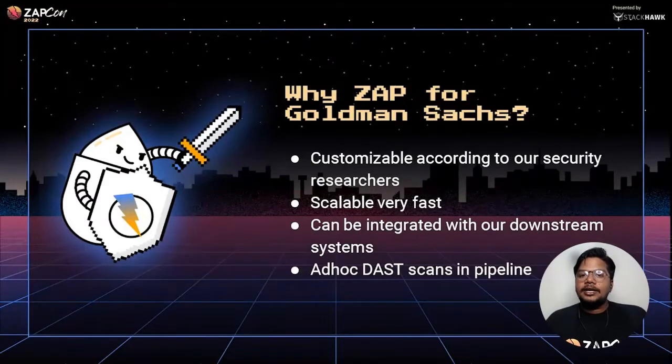Then another point is scalability. For example, right now I am scanning around 700 applications, and after Q1 or Q2, my plan is to scale it up to 1000 applications. So we need a solution where scalability is really easy, so we don't have to go back and change the servers and everything. That's the reason we look for solutions where we can use cloud or serverless technologies, and ZAP is useful in those spaces. So we started using that.